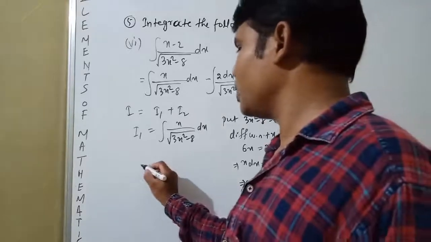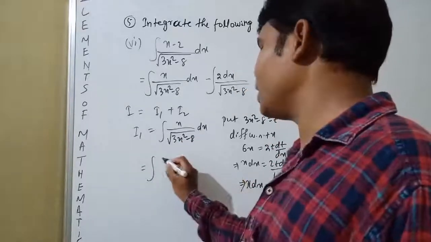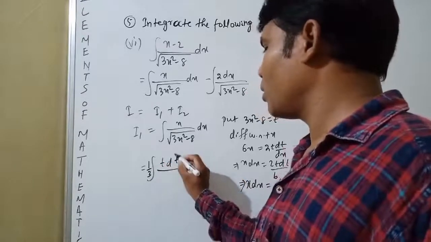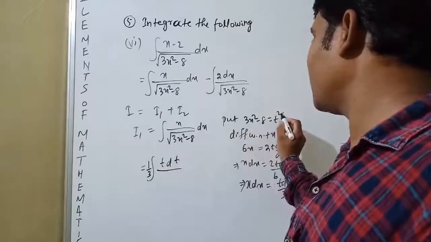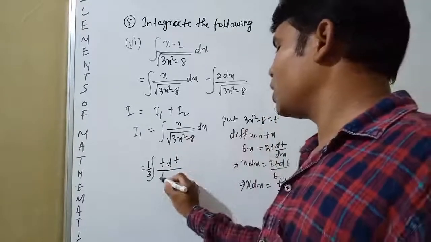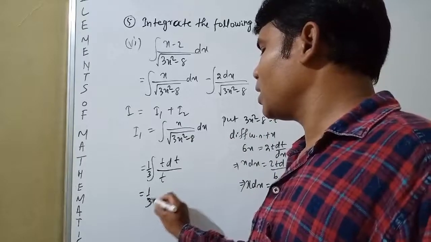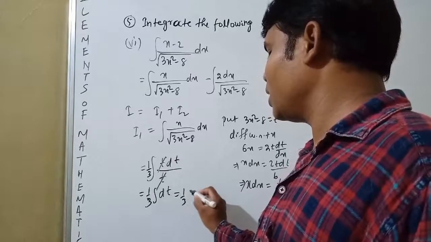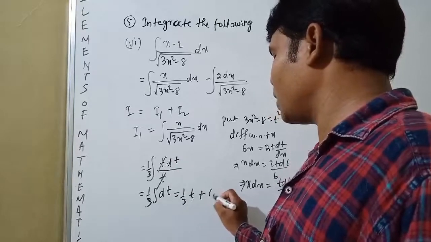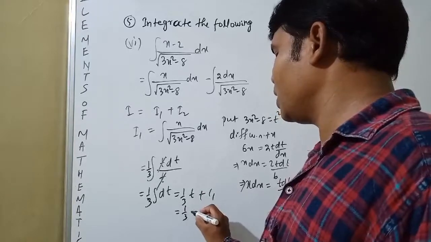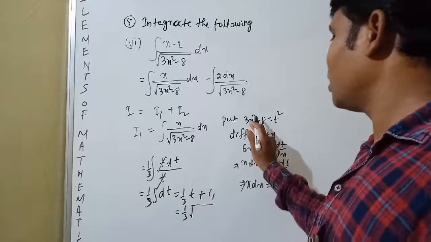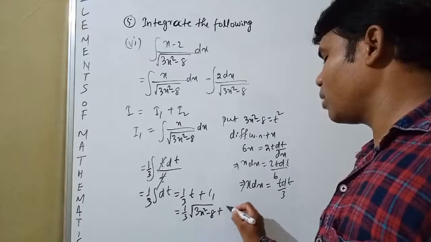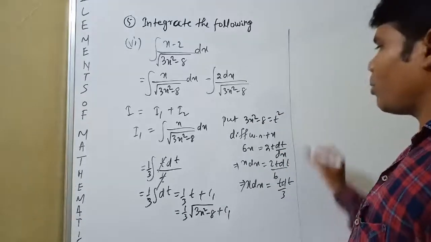Okay, is equal to, you see, integration of x dx is equal to t dt, 1 by 3 keep it outside. Okay, by 3x square minus 8, you have taken t square, root of t square, that is t. Okay, is equal to 1 by 3, t will cancel out, integration of what, dt. Okay, is equal to 1 by 3 t plus c1, you say, is equal to 1 by 3, t is equal to how much? Root over 3x square minus 8 plus c1. Now you operate